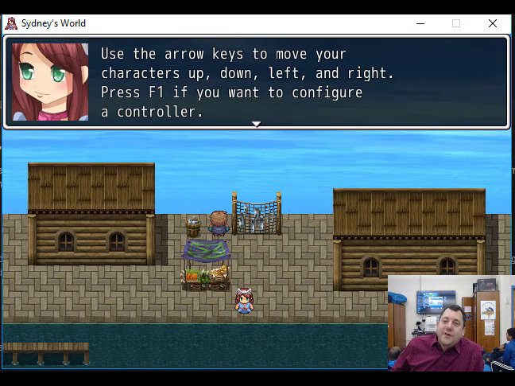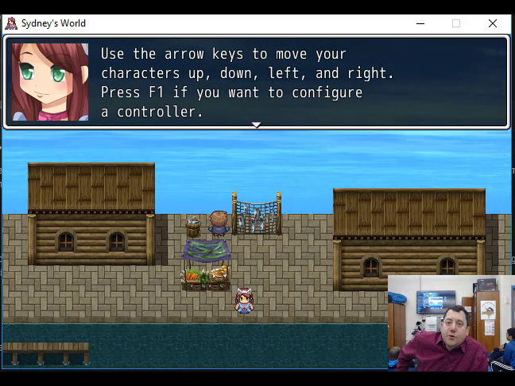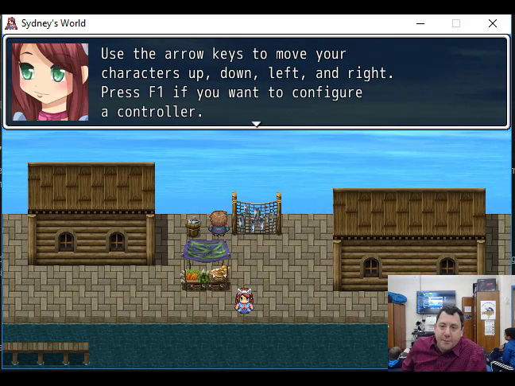Okay. Use the arrows to move your characters up and down, left and right. F1 if you want to configure a controller,